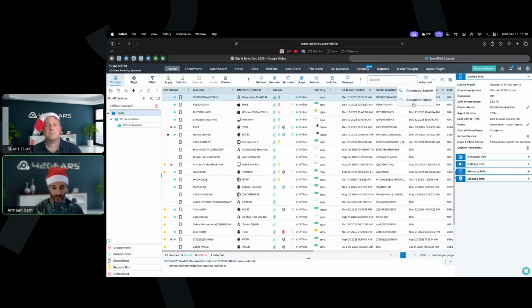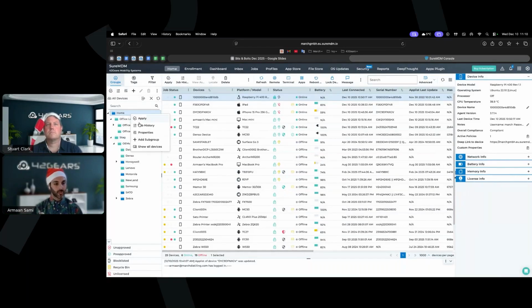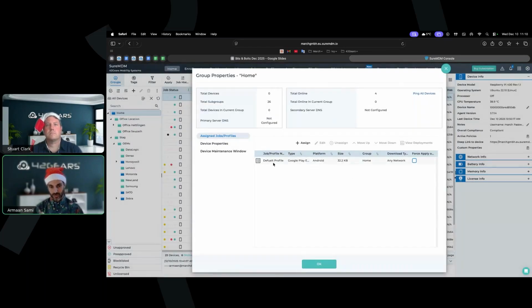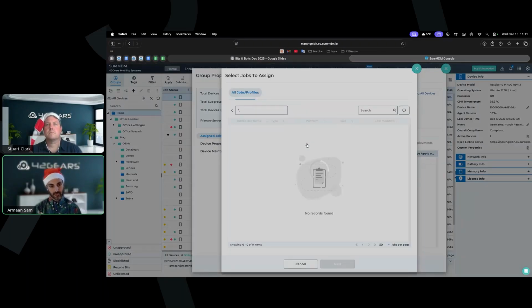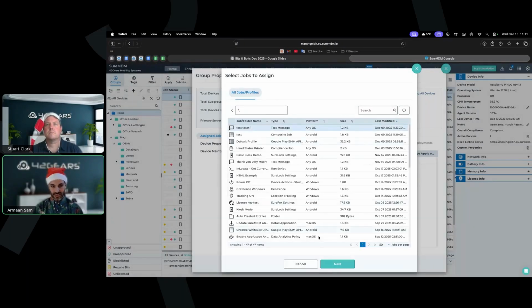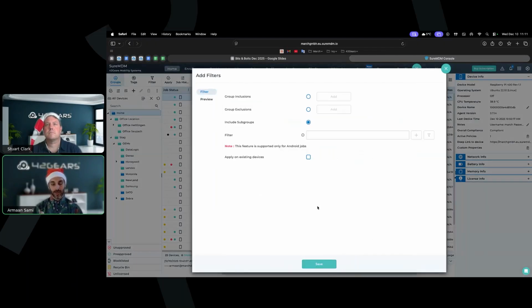Now, let me give you an example. For starters, I think many of you will have, and we've talked about this before in best practice, different colored folders here, right? So I've got the home folder, and if I open these, some different OEM specific folders which are colored. This means that I have a property assigned to them. So here, for instance, is Google profile. And if I come here and click on assign, and I'm just going to take, in this case, this test as a text message,